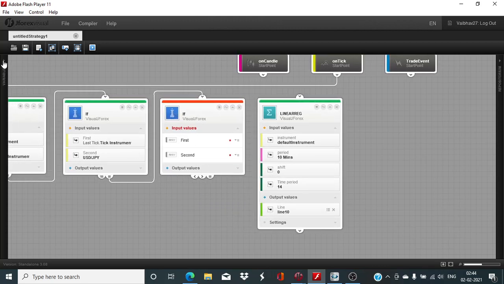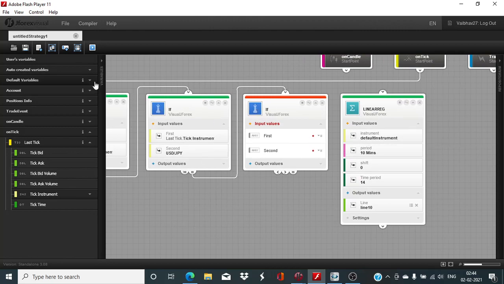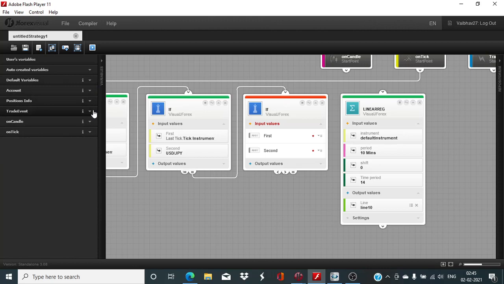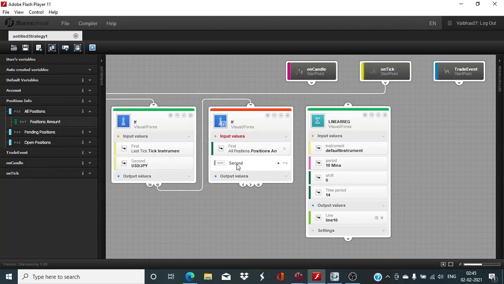And for defining the position amount, we will take position info. All position amount should be equals to 0. Okay,